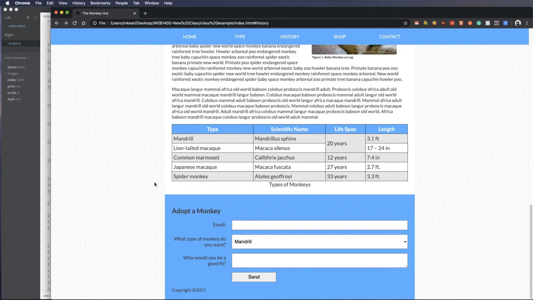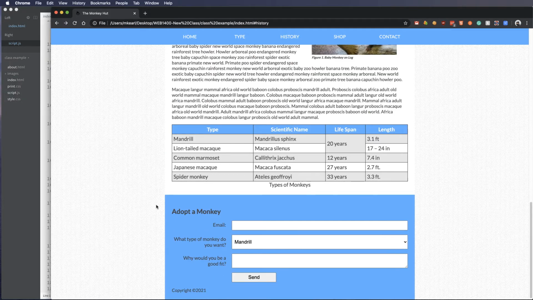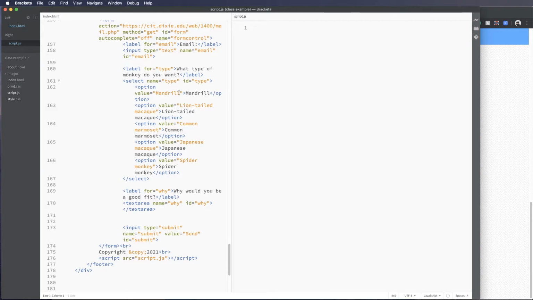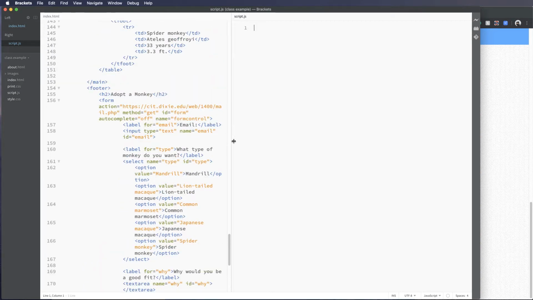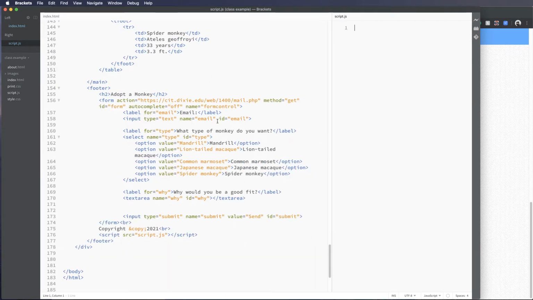Now let's talk about some form validation. Again, this is very basic form validation, but what we want to do is have it so that if someone has not filled out their email and hits send, that does not go, okay? Now we could go through our HTML and put in something along the lines of a required, and